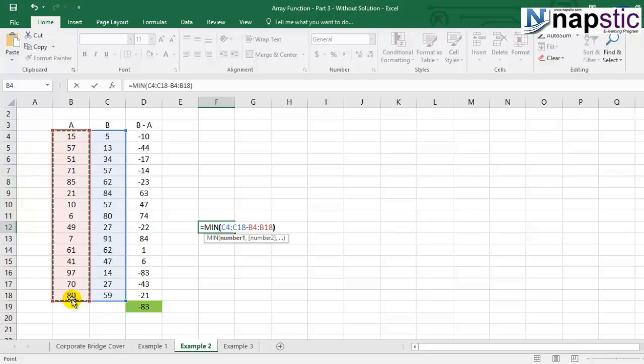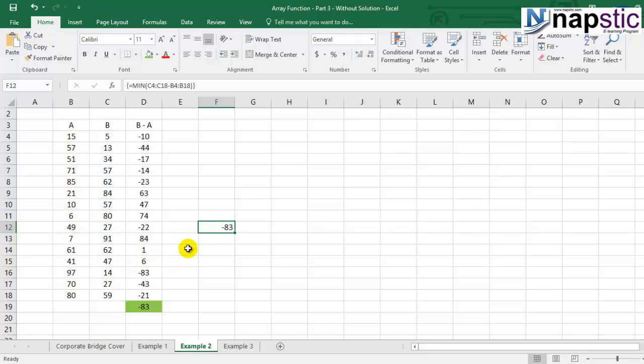Once this is done, you can close the bracket, and remember, since we want it to be an array, it is going to be Control plus Shift plus Enter. So you now get the difference, which is exactly similar to the one we found out using the traditional approach. The only thing that is better when you use arrays is that you save a lot of time.